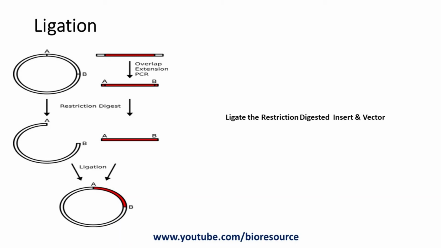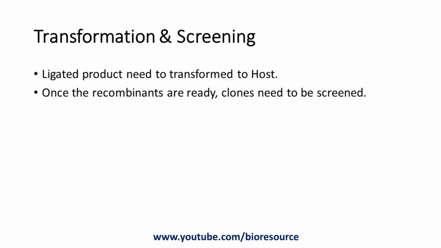The ligation reaction uses DNA ligase and a buffer containing ATP for joining the insert into the vector. Incubation time and temperature are variable, depending upon the enzyme supplier and the enzyme used. Nowadays, new generation ligases can complete the ligation reaction in just 15 minutes at room temperature. A vector to insert ratio of 1:3 works well, but the ratio can be adjusted for better results. The ligation reaction is typically kept at 22 degrees Celsius for 1 hour or overnight at 4 degrees Celsius. Let's see the transformation part.